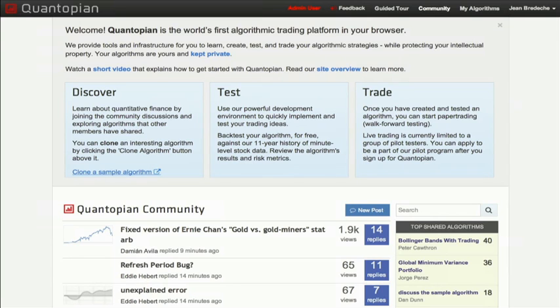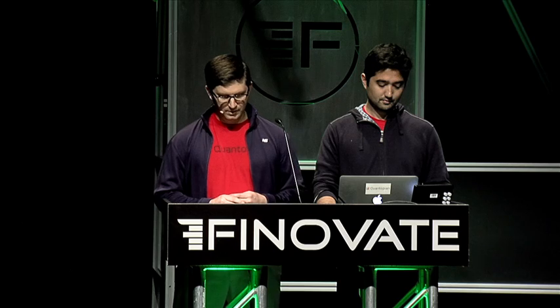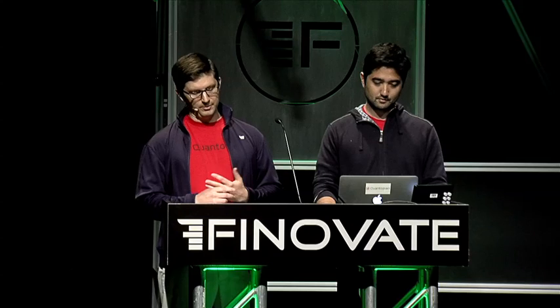We founded Quantopian together, and we did it because we wanted to unlock the most closely guarded secrets of Wall Street and make quantitative finance accessible. We started with a free and open backtester, and since then, members have been asking one question again and again. How can I take the algorithms that I created on Quantopian and connect them to my broker to trade live? So you can imagine how thrilled we are to be here today to launch Quantopian Live Trading and to invite you to apply to our pilot program.